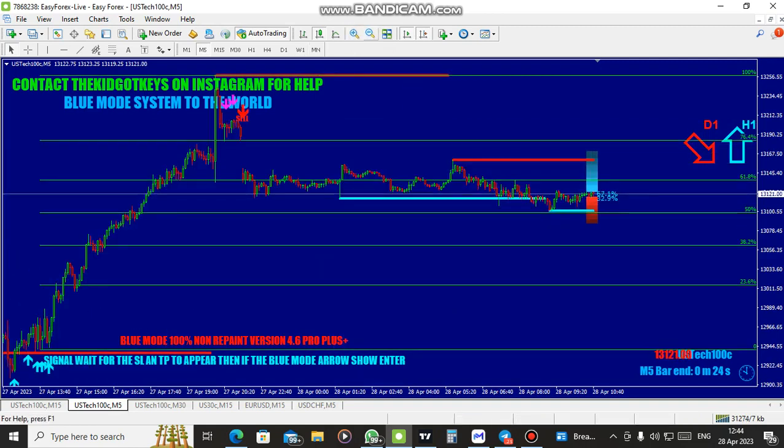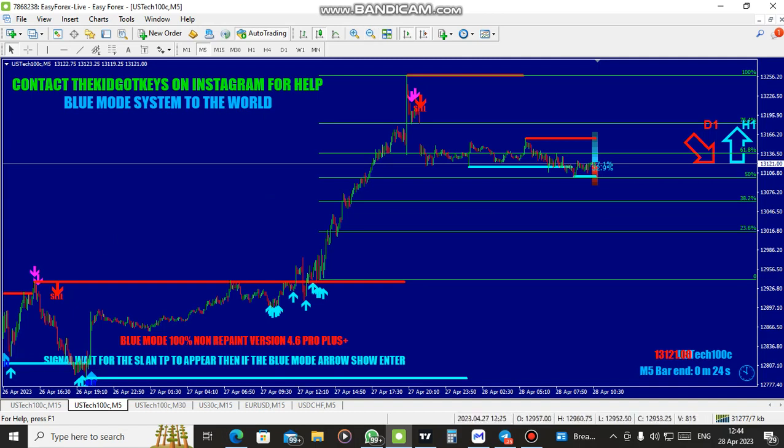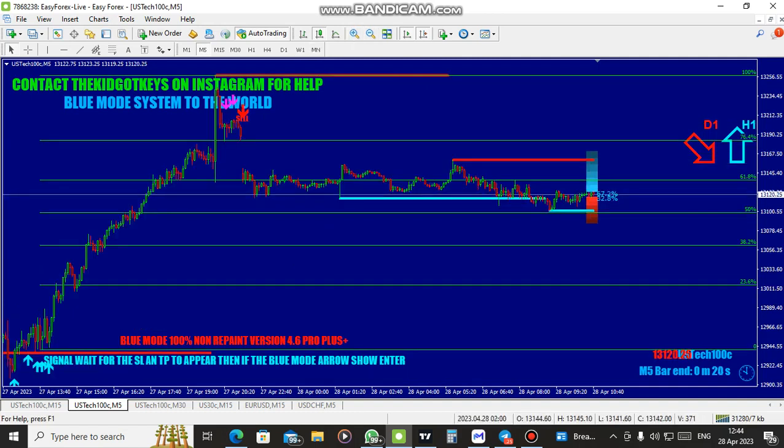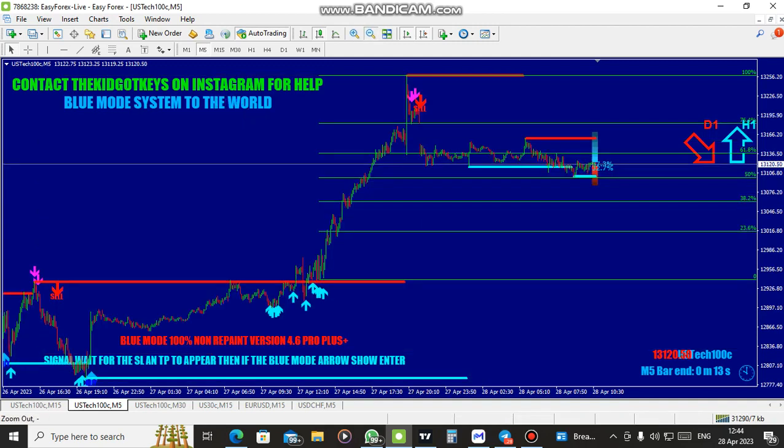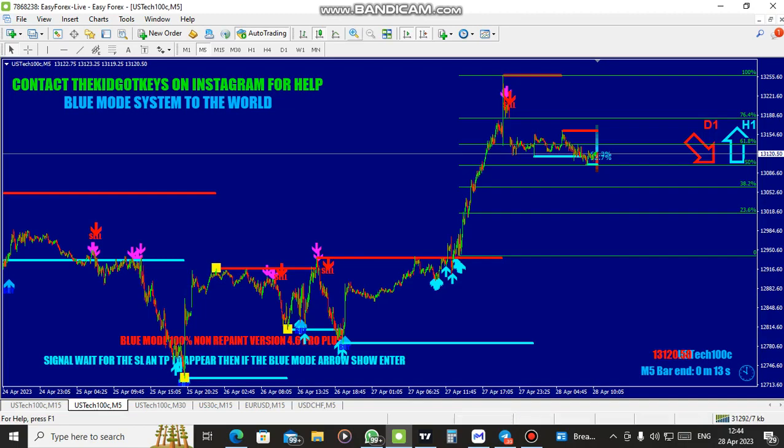Nasdaq. The reason why the system is doing this is because the market now, we got a gap here, and then the market's not moving. Still, it's doing sideways. So yeah, this signal is not